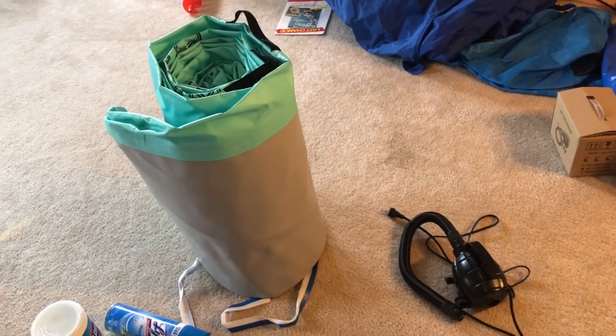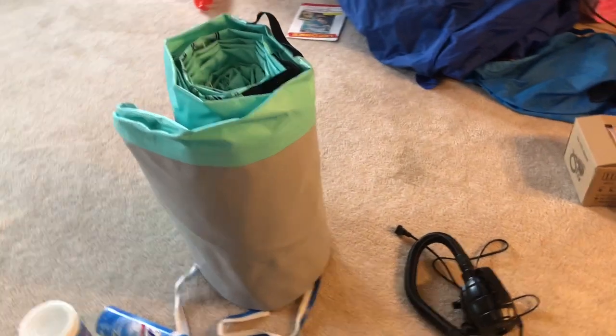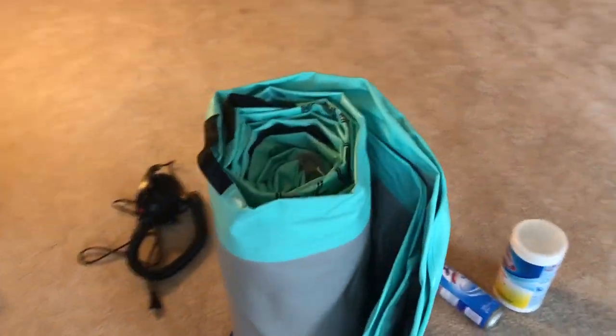Tumble track. We got the 20-foot long one, 8 inches thick by 3.3 feet wide. So they do make different ones that are not as thick. I think there's like a 6-inch. Look into that. I'm not like some professional or something, but anyways, this is the pump that it came with